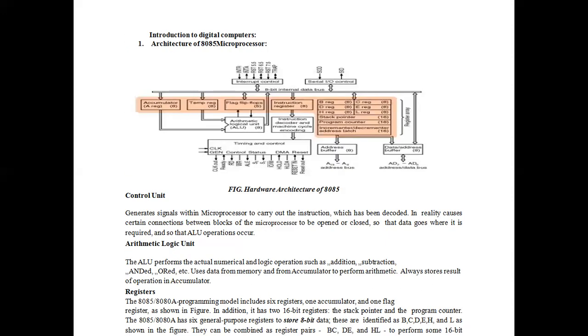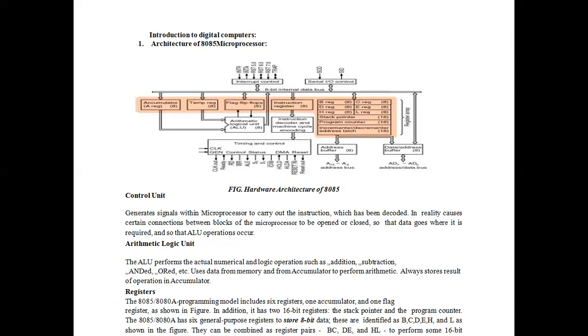Then next we are going to see registers. The 8085 programming model includes 6 registers. One is the accumulator and another is the flag register, which is shown in the diagram. In addition to that, it has two 16-bit registers: one is the stack pointer and another is the program counter. The 8085 has general purpose registers to store 8-bit data.